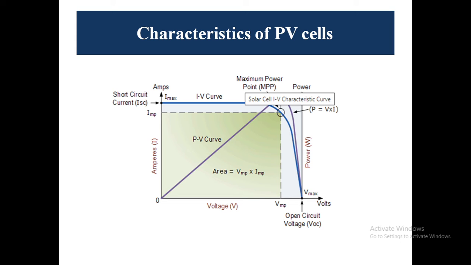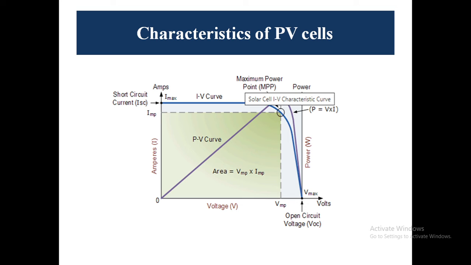So now, in order to calculate the efficiency of a solar cell, either we'll get ISC or we'll get VOC. Now neither of these two conditions will generate power. But there must be a point somewhere in between where maximum power can be created, because what is power? The product of the current and the voltage. So what is that combination? What is that value of current and voltage where we can say the power will be maximum?